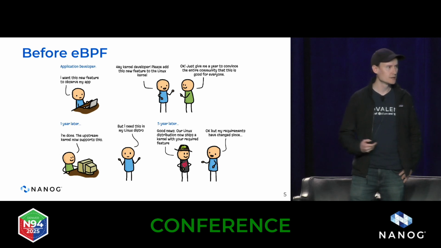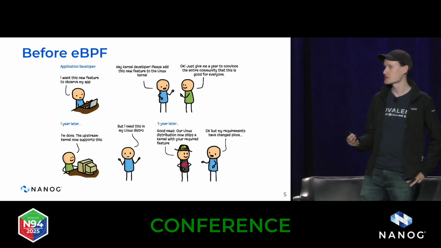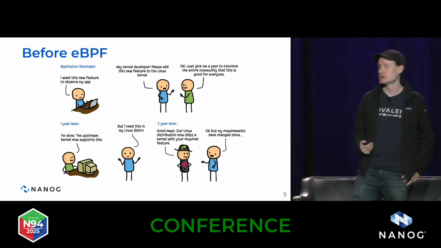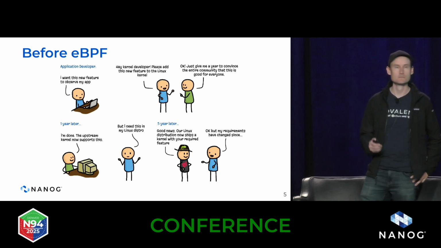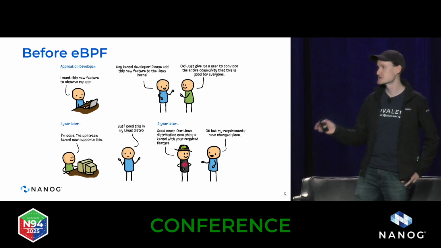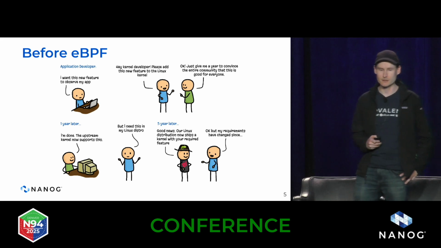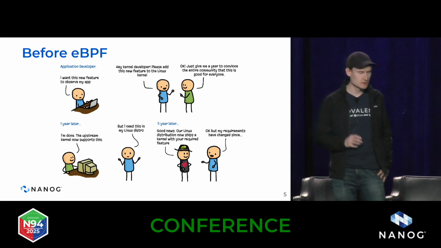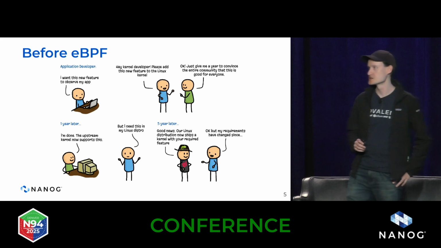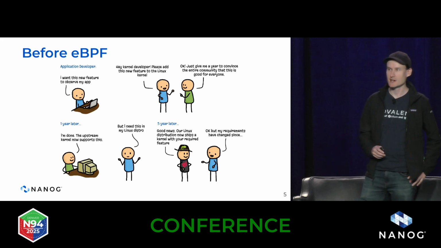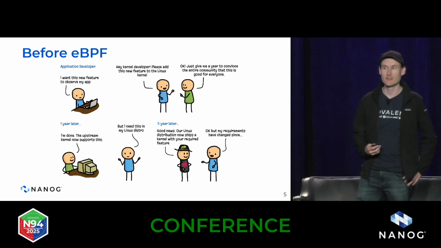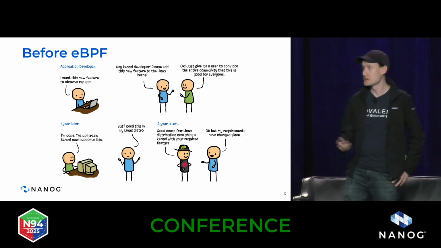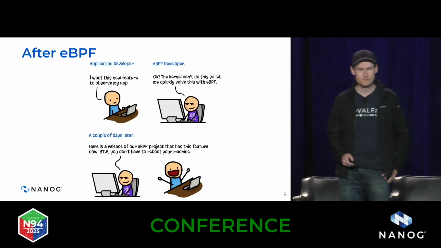Now, this is well and good if you can come up with generic building blocks that are supported by a wide range of different people trying to all solve similar problems. But it can be a lot more tricky if you have more niche use cases or things that are specific to what you want to do with the kernel. But let's say you overcome those hurdles, you get the logic into the kernel. It can still be a number of years before operating system vendors actually distribute a new kernel version that has that feature. And so maybe by that time you've moved on.